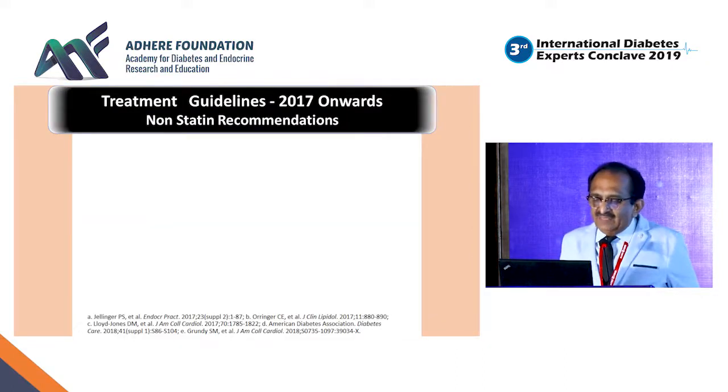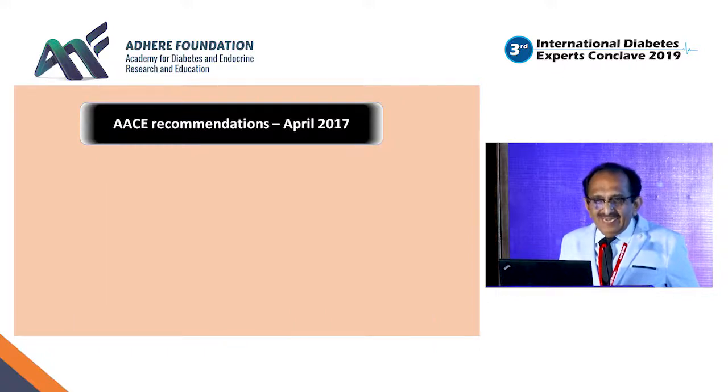So 2017 onwards guidelines, non-statin recommendations. ACE, American Association of Clinical Endocrinologists, was the first one, in April 2017. They acknowledged that adding non-statin therapy improves CV outcomes. Then May 2017, update on use of PCSK9 inhibitors in adults. This was from the National Lipid Association expert panel. October 2017, non-statin therapy in atherosclerotic cardiovascular disease. This is from ACC. January 2018, ADA also acknowledged, a bit late, but still, now they have acknowledged that reducing LDL beyond statin is useful. November 2018, American College of Cardiology and American Heart Association further updated their guidelines based on recent